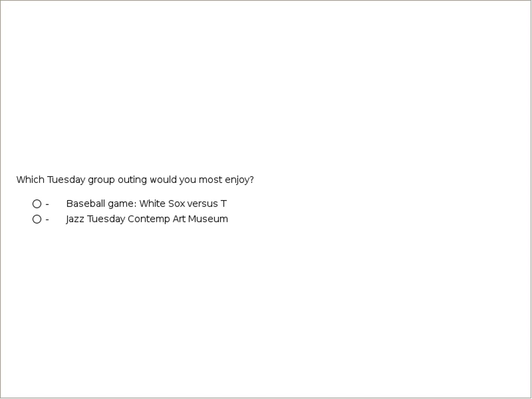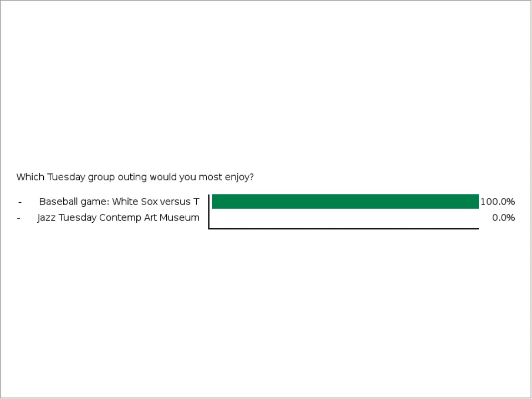Okay, so now we have a poll. So I guess, Maureen, I can't see the poll, but I think you can. So for the group outing. Wow, actually, Ashley, I can't see it either. Well, it looks like the first box is baseball. So let me just say the first box there is a White Sox game. We could do that on Tuesday. The second box is Tuesday on the Terrace. It's a jazz concert at the Museum of Contemporary Art. It's really more like kind of a background concert. You can have dinner and still do a lot of mixing and mingling, and we can make a reservation in advance for